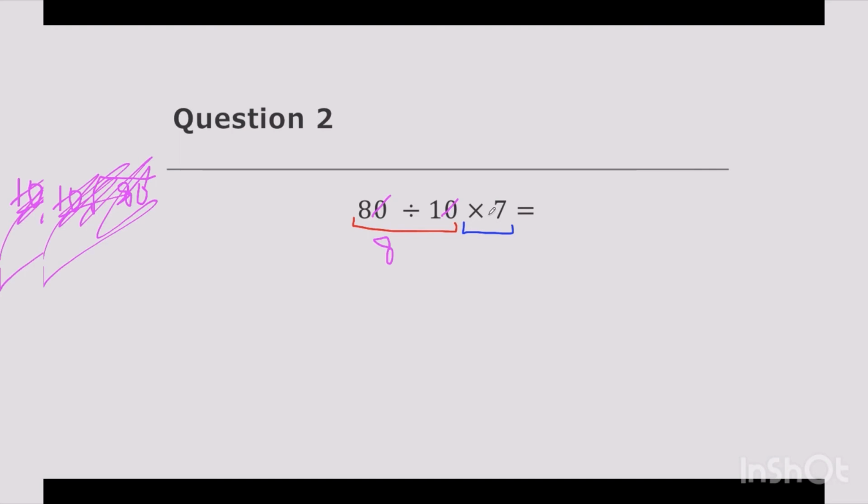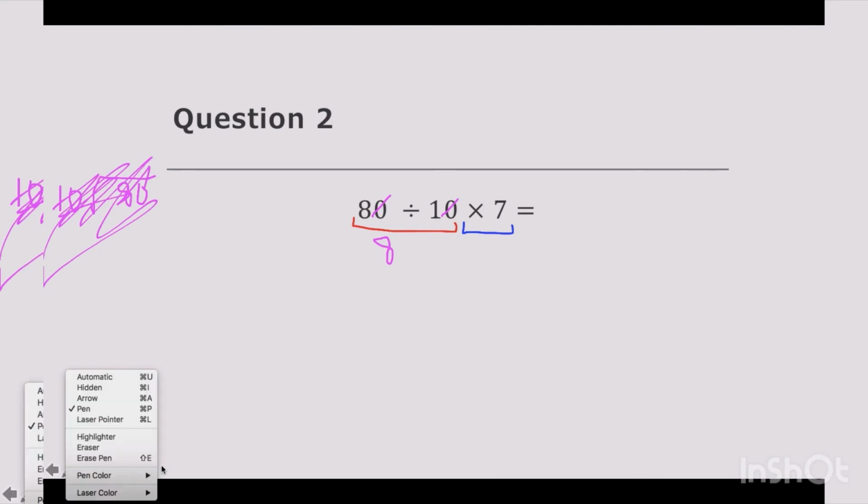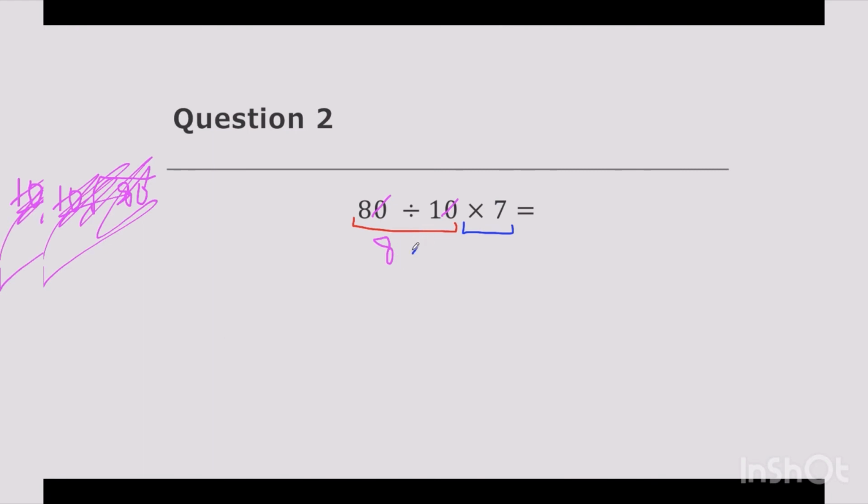800 divided by 100 is going to still be 8. 8,000 divided by 1,000 is still going to be 8. If you just put 8, that's not the correct answer. You're not done yet. 8 times 7, because the times 7 is the second step of the equation. So 8 times 7,